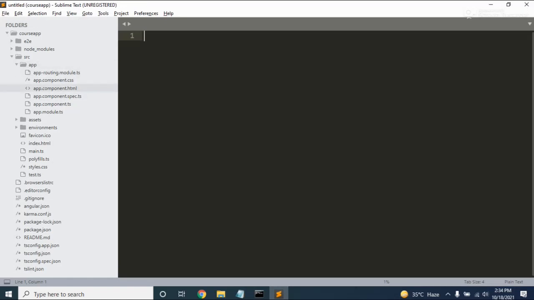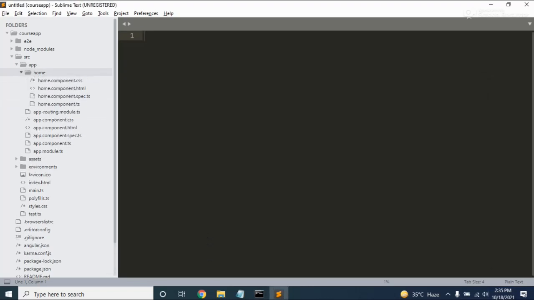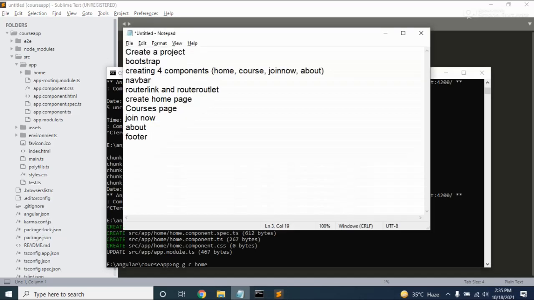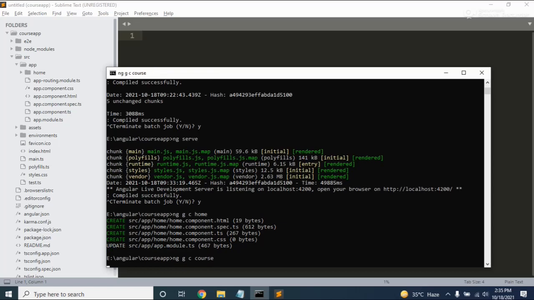So you can see here, we add the component, and now you can see we have a home component, right? Again we need to add this command. Which component do we need? Course, right? So I'm just adding the course component, ng g c course, right?